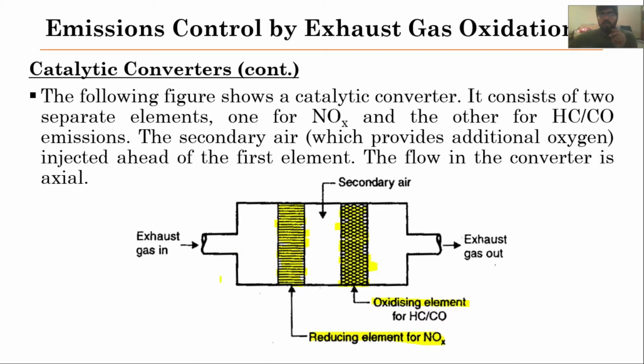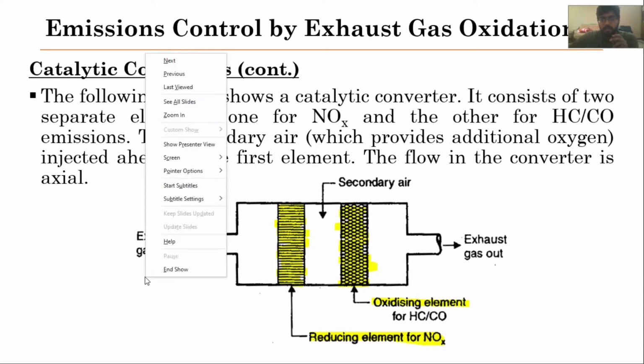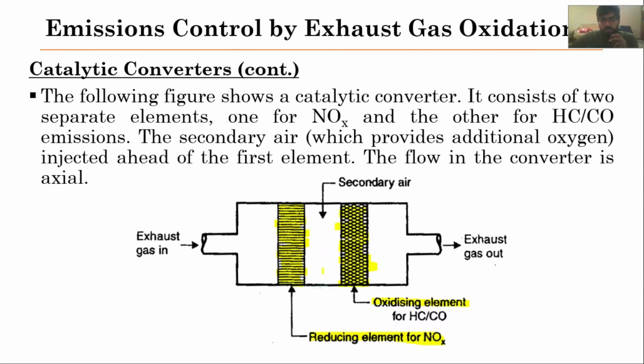This is how the catalytic converters look. And here you can see we are adding some secondary air whenever it is required. Exhaust gases will be coming from this inlet, and after passing through this first reducing element,